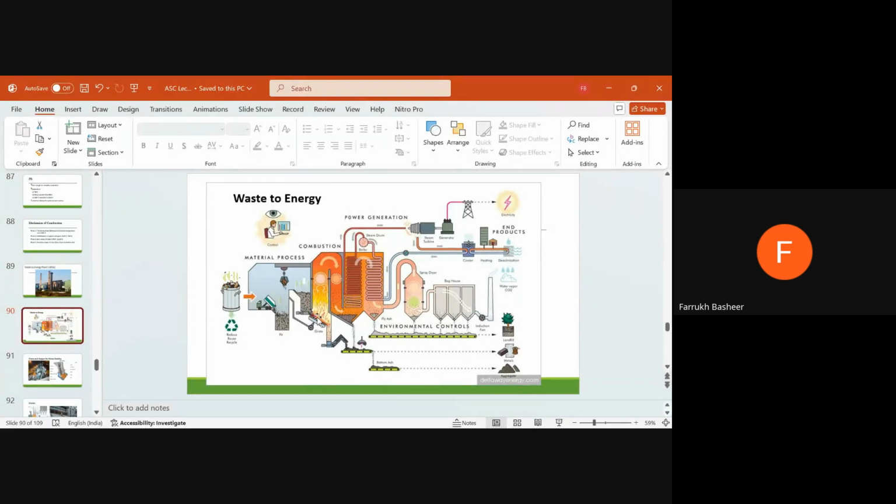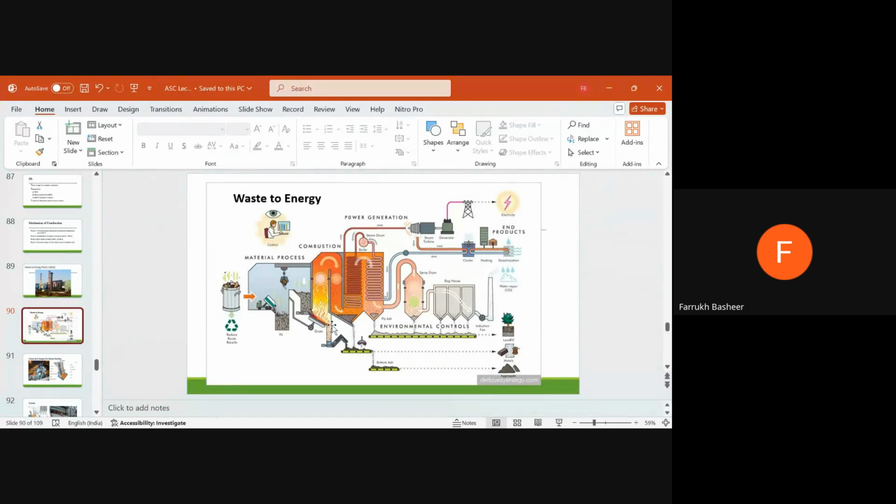plant. In the first chamber, all the solid waste will be burned, and in the bottom of this chamber, you can see what is called a grate. That grate is being used for burning the solid waste, and in the bottommost portion, you can also see a fan-like structure. This fan is providing oxygen to the chamber, because this combustion process is in the presence of oxygen, so that's why you have to provide